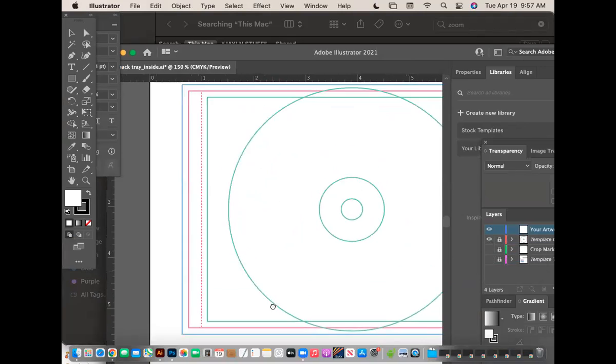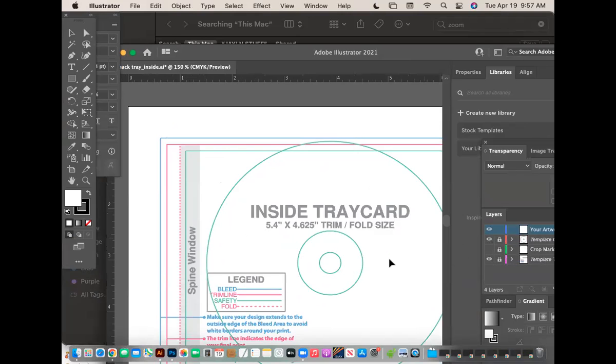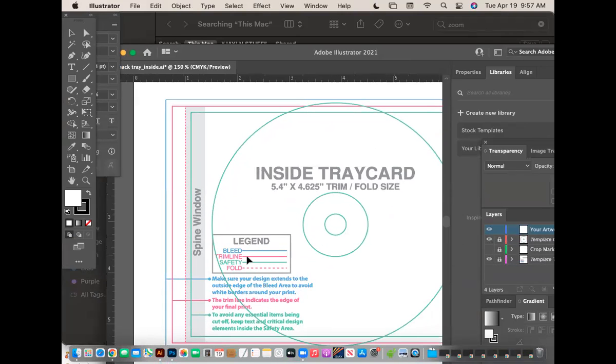So if you look, remember the red is, and it says on there, I labeled everything for you guys, right? The red is the trim line or cut line. So that's where the final artwork ends, right? We still want to bleed. We want the bleed to go to the blue, right? So that means your artwork, and I'm going to show you guys, I'm going to literally use an old fishing